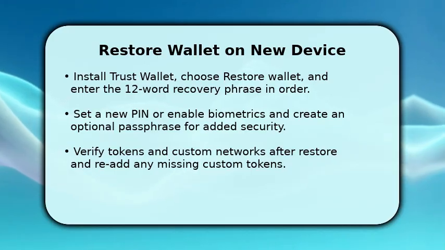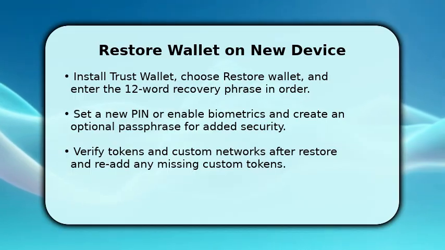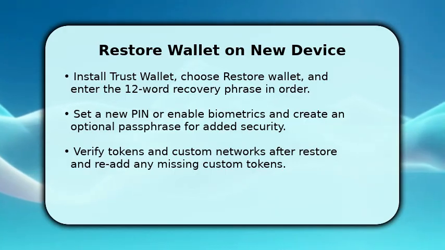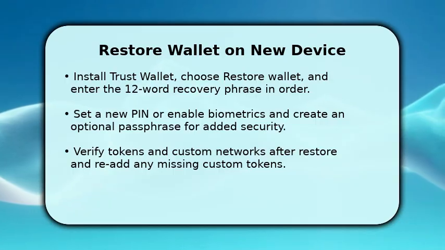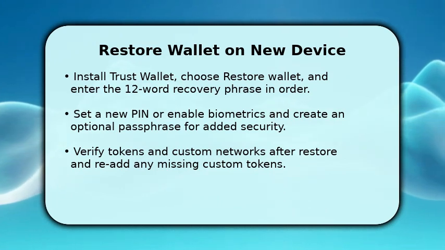After the phrase verifies, set a new 6-digit PIN or enable biometrics, and consider adding an optional passphrase to create an extended seed for extra security. Once restored, review your token list, re-add any missing custom tokens or networks by contract address, and confirm balances before